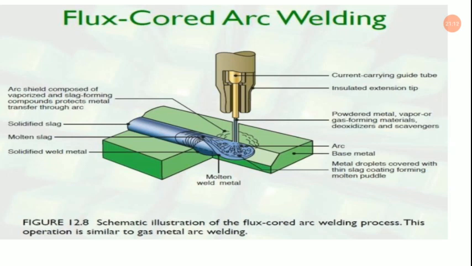So in the next class we will be having some discussions on solid state welding. All the things we have discussed as of now under the heading of arc welding are of fusion type, or you can say liquid state welding processes. So from the next class we will be having some discussions on solid state, where there will be no fusion or liquid state. We will be learning about the pressure welding process, the resistance welding process. Okay, so there are different processes, like the friction stir welding process.